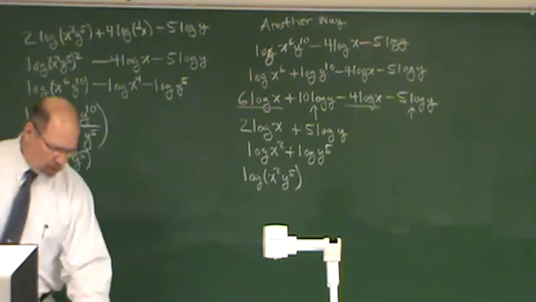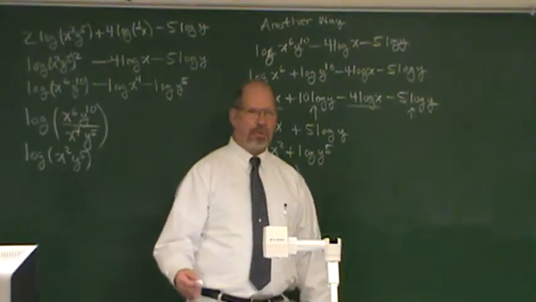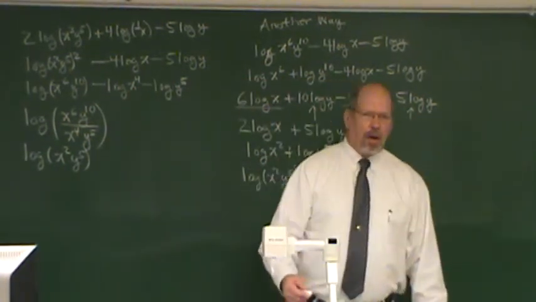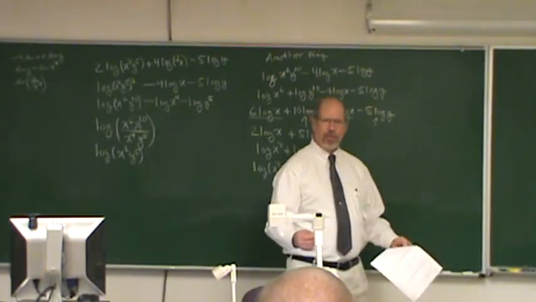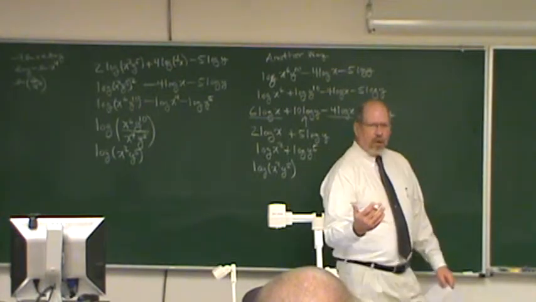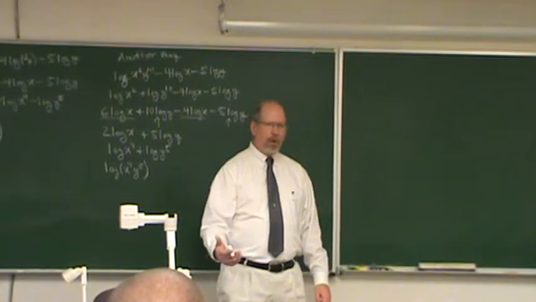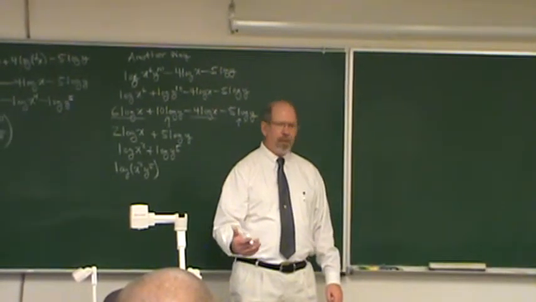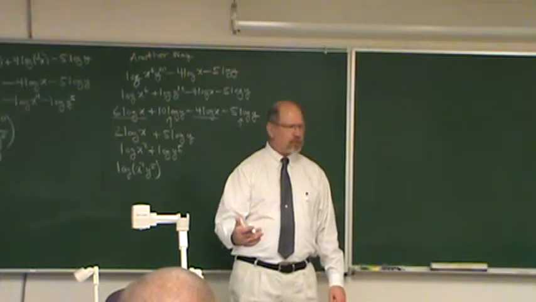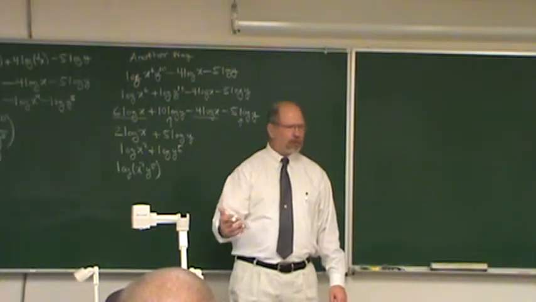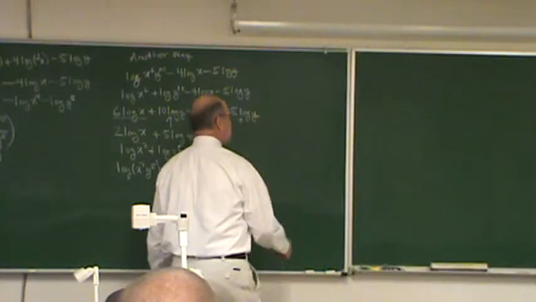Alright? Okay, now one property I haven't talked about is the change of base rule. And because of the camera, instead of walking all the way over that other board, I'm just going to rewrite the change of base rule. Logarithms can have as many bases as there are positive numbers, and that's a whole boatload. Yes? So, you're calculating those two bases, and there's going to be times when you need decimal approximations of different bases than e and 10. Okay? So, the change of base rule